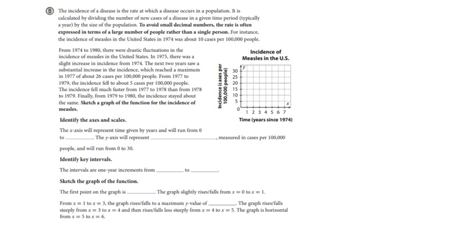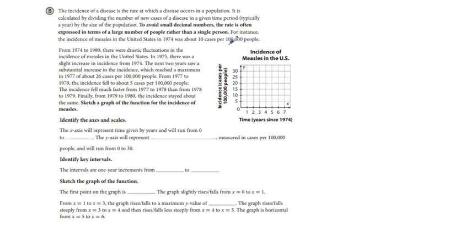And next, here we have the incidence of a disease. The incidence rate is the rate at which a disease occurs in a population. It is calculated by dividing the number of new cases of disease in a given time period, typically a year, by the size of the population. To avoid small decimal numbers, the rate is often expressed in terms of a large number of people rather than a single person. For instance, the incidence of measles in the United States in 1974 was about 10 cases per